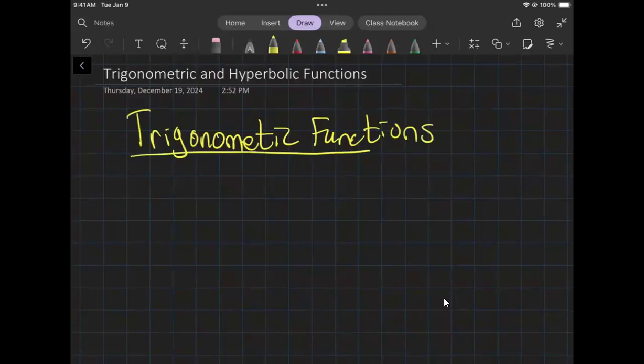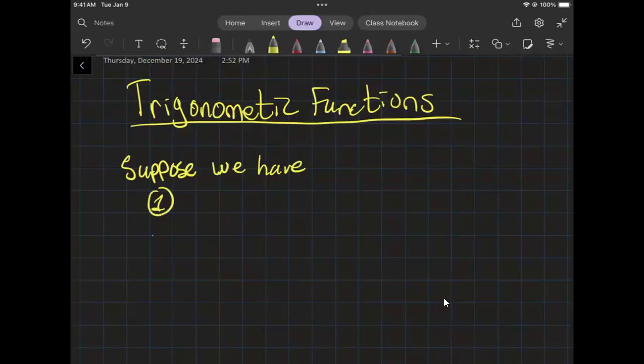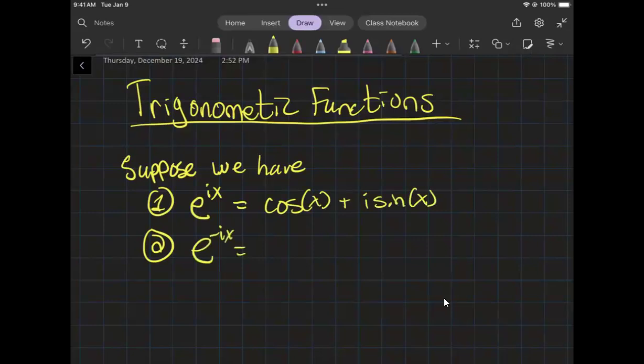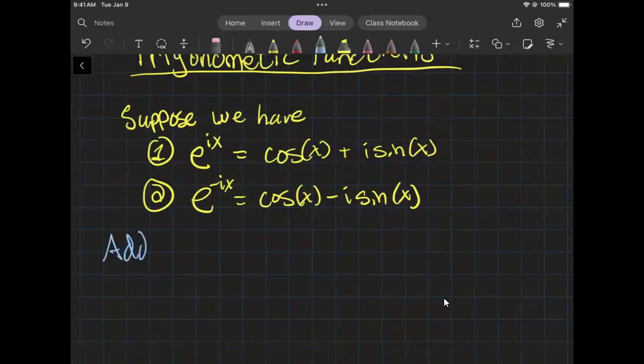Okay, so let's suppose we have the following two equations, right? So we'll have e to the ix. This equals cosine x plus I times sine x, right, from Euler's identity. And we have e to the minus ix. This equals cosine x minus I times sine x, right? Okay. So if I add